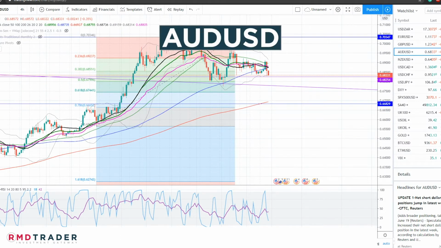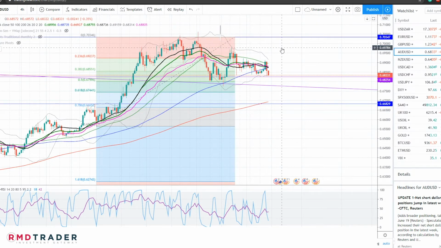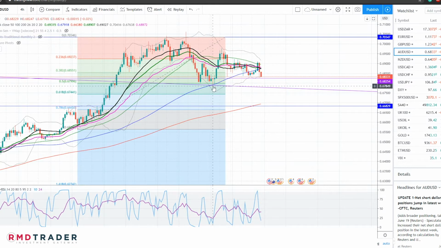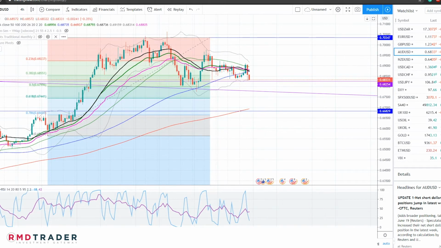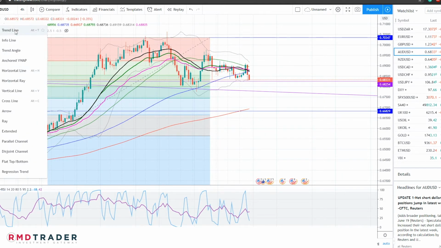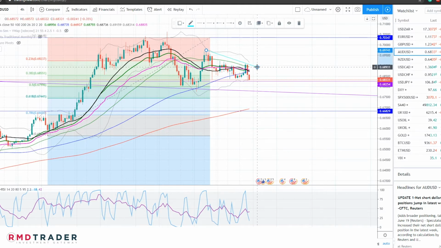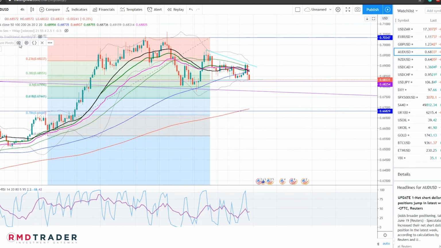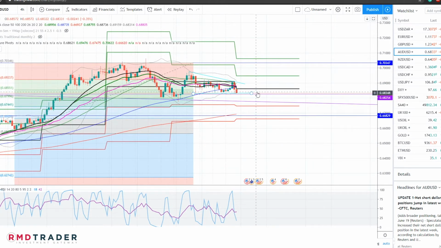Having a look now at the Australian dollar to the USD. The breakout area from this larger pattern that we have seen was successful, with price moving higher, and currently we are seeing price consolidating. And just looking at what price is doing, we can see there is some form of additional consolidation now happening from this breakout area. We are currently sitting right on, or very close to at least, our projected pivot level for the week, and